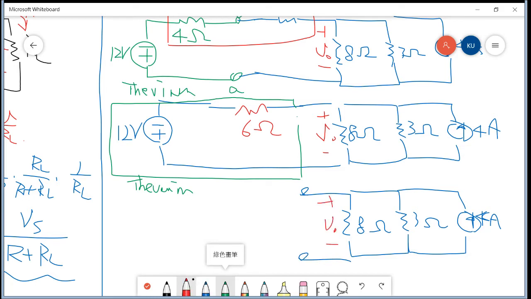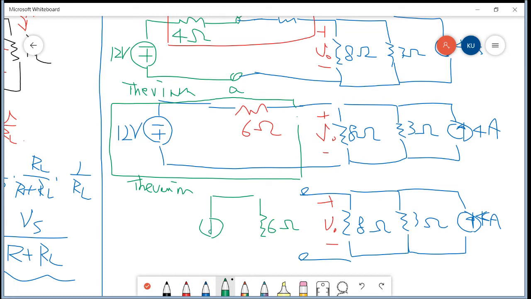Okay, so next is 6 ohm. This is definite. So for Norton, it is a 6 ohm resistor parallel with the current source, and this voltage source is pointing downward,